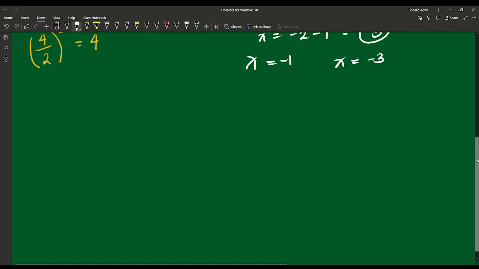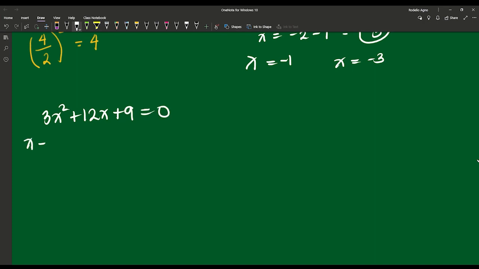So, meron tayong original equation na x squared plus 4x plus 3. Sorry, this is not the original equation. Doon tayo sa mas malaki, yung hindi natin dinivide. Okay? So, meron tayong 3x squared plus 12x plus 9 equals 0. Dito natin isolve. So, if x is negative 1, meron tayong